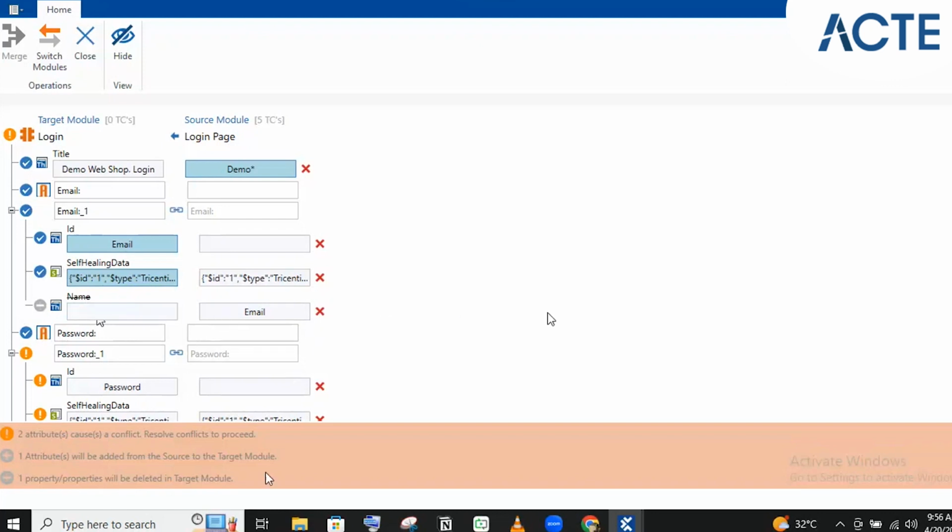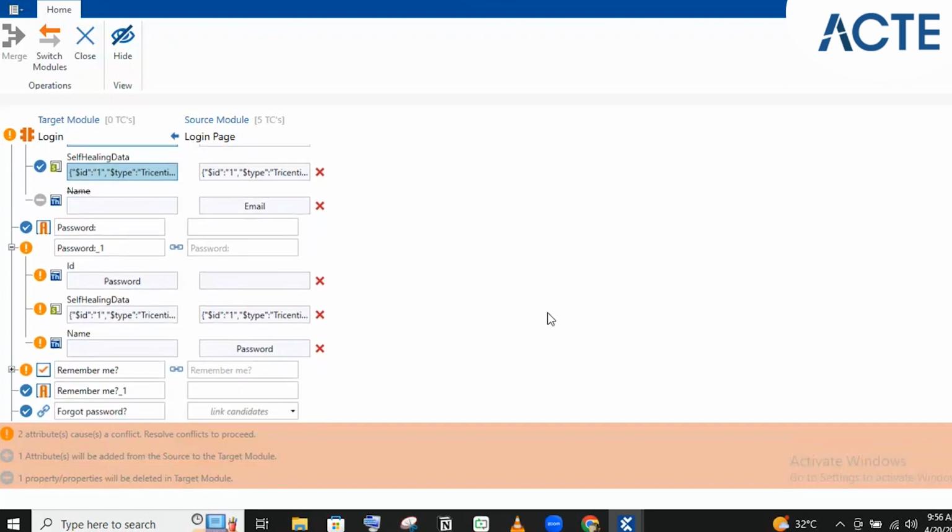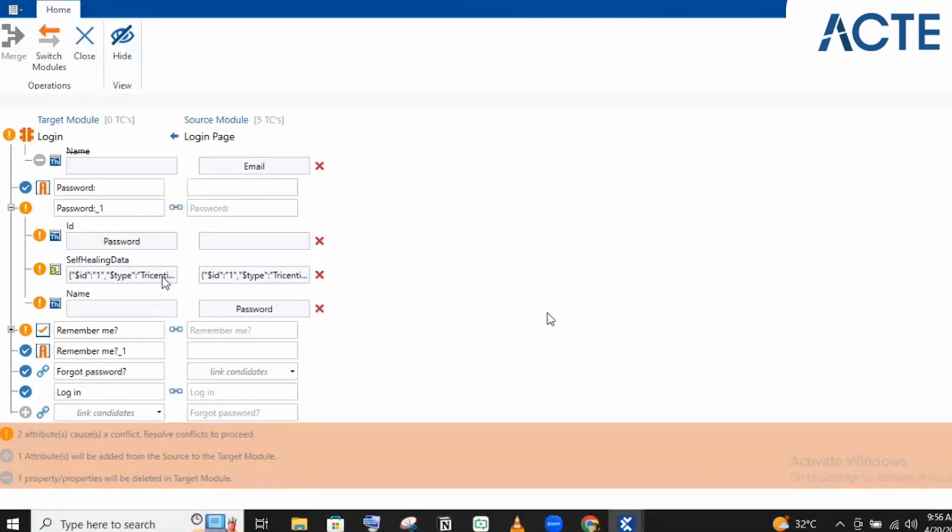Okay, in the same way for password, I'm again selecting the self-healing data from the target module, and for ID, again here I have ID and name. So I'll go with password and name. I don't want that property. And remember me,